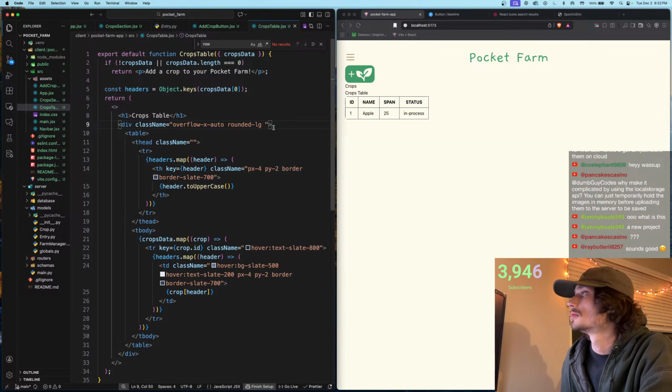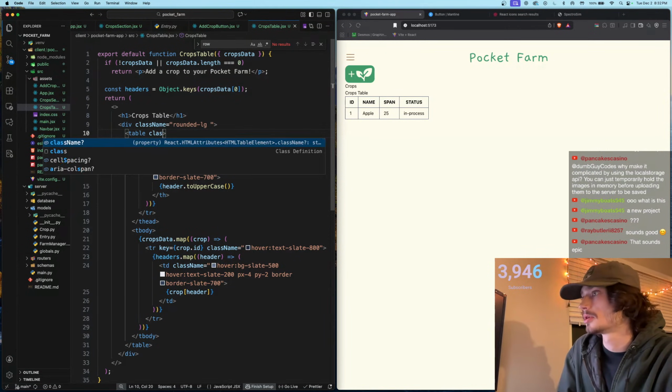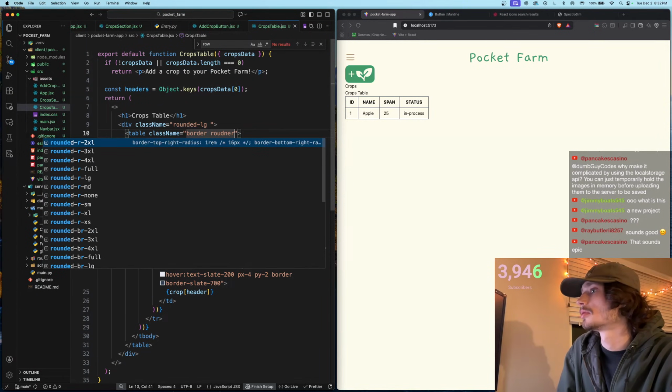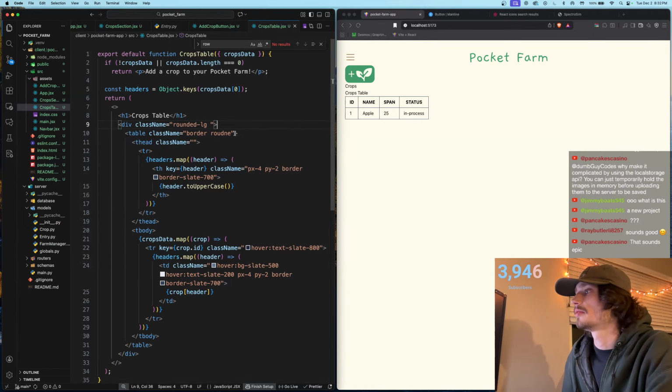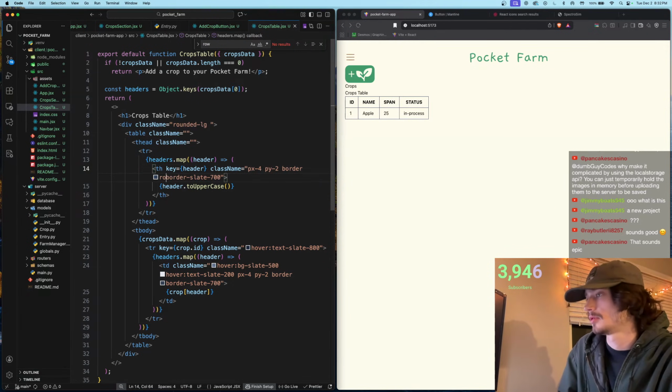I'll get rid of this table border. Oh, well, you have borders here. So if I say rounded,